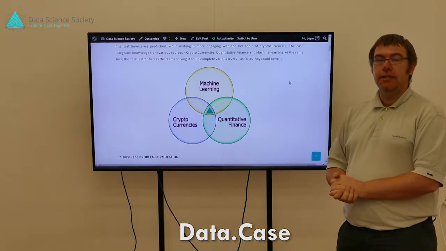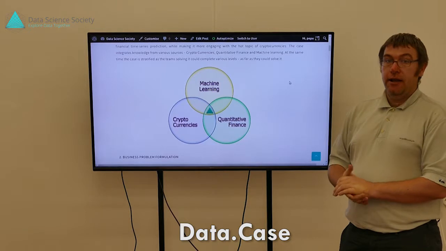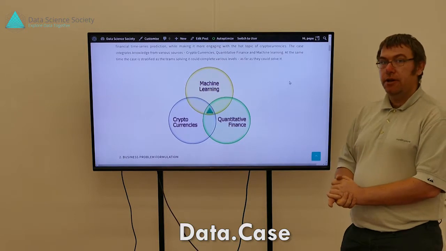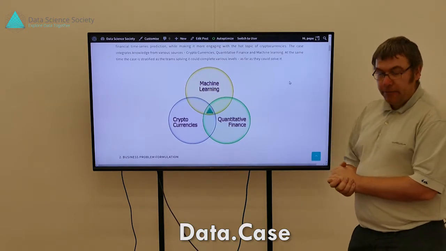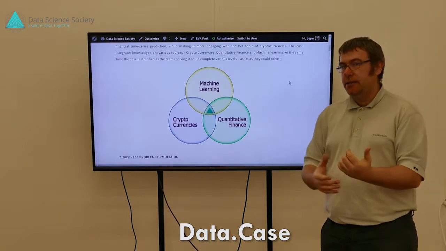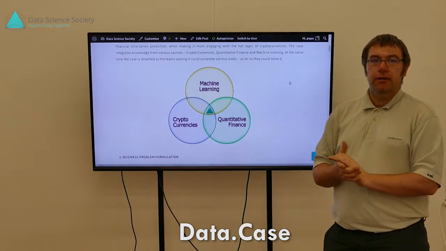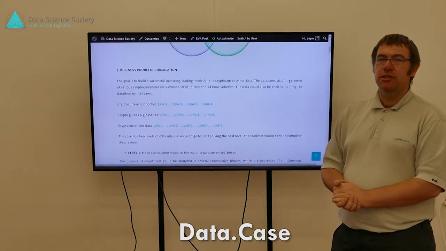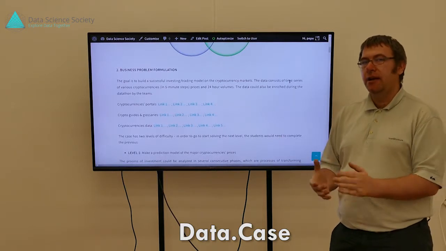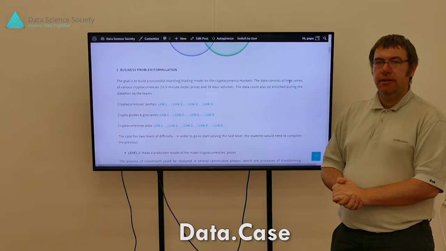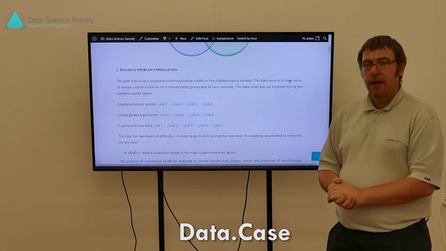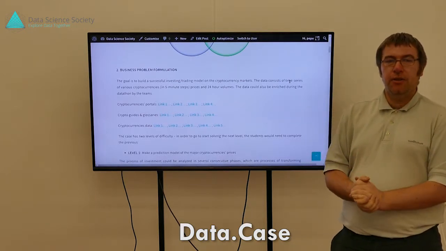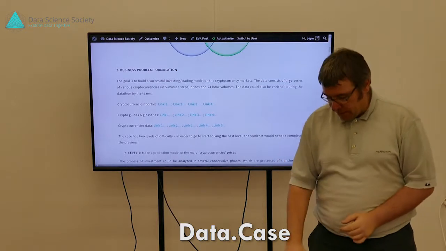Also, you're going to need some quantitative finance skills. From what I know, some of you are actually specialists there, so this is where you come from. And of course, since it's Data Science Society and this is our Dataton, you're going to need skills in machine learning. I don't need to explain much about cryptocurrencies because they are the next most popular thing in the world after data science currently. And regarding the young audience that you are, they might be very interesting for you.